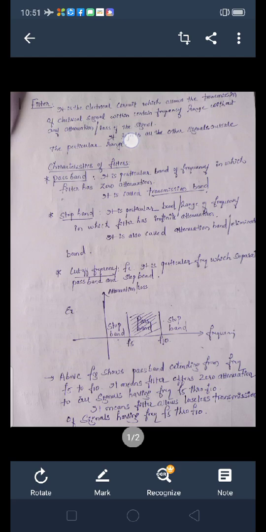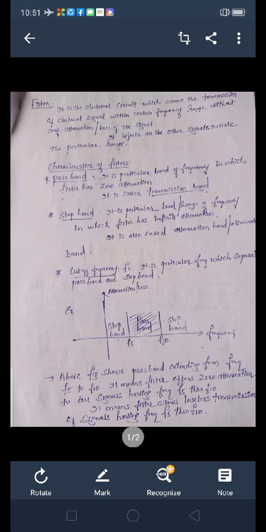This is filter. So, what is filter? Filter is the electrical circuit which is going to separate the signals depending on their frequencies. It is the electrical circuit which, when we give input as 100 signals, is going to allow the transmission of only the wanted frequencies, stopping all other frequencies.